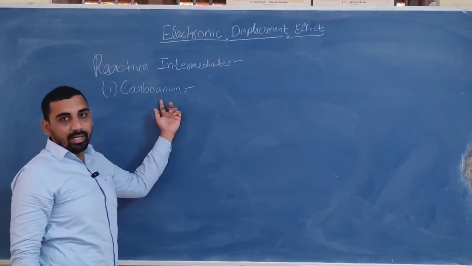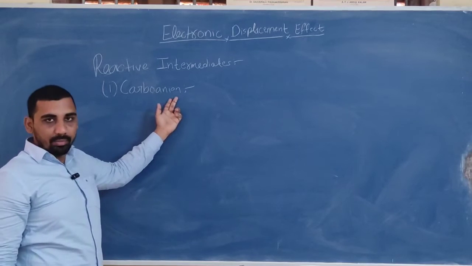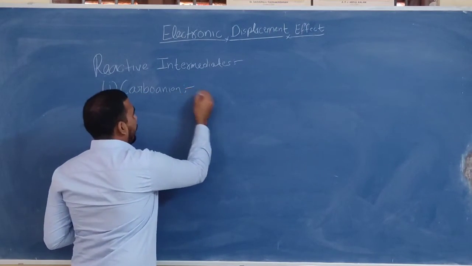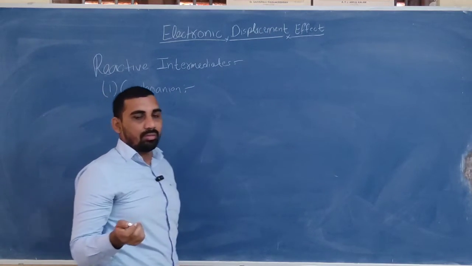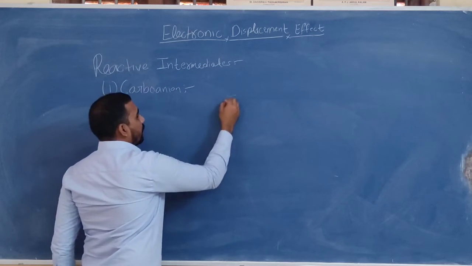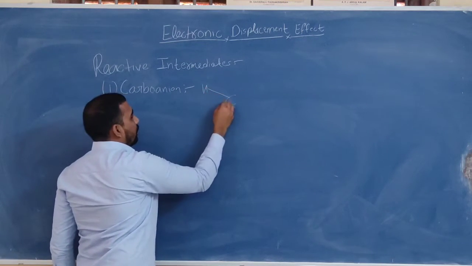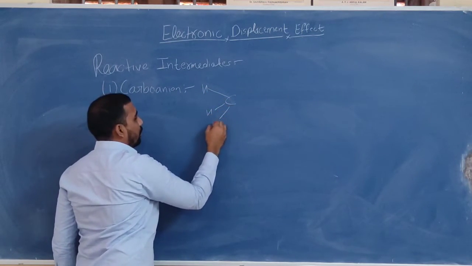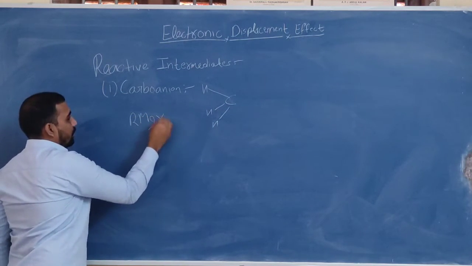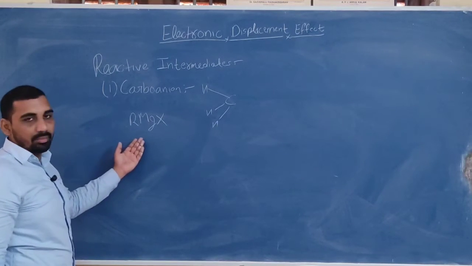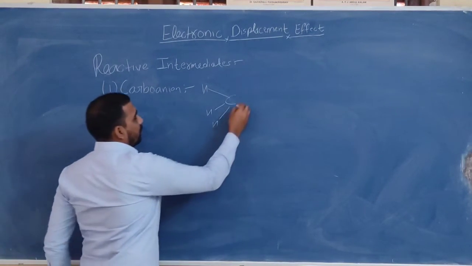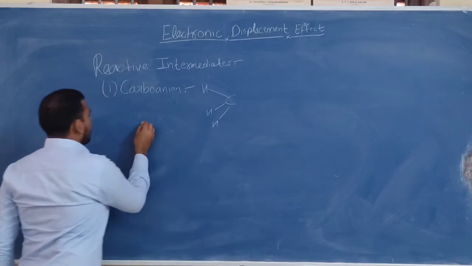Now we will talk about the carbanion. Carbanion means a negative charge present on a carbon atom. Many of you may know about the Grignard reagent. You might have seen R-MgX written in the books. This is nothing but the Grignard reagent. We are talking about methyl magnesium, let's say methyl magnesium bromide, that is CH3